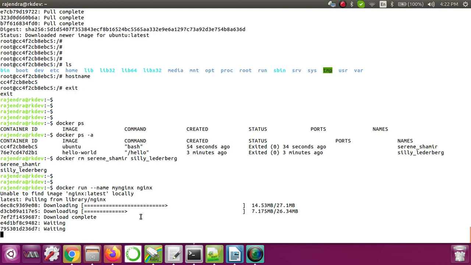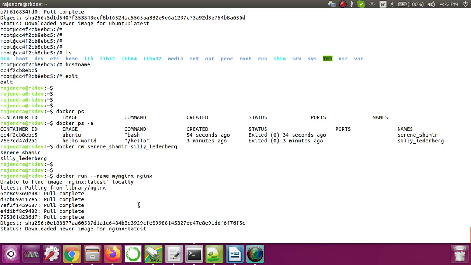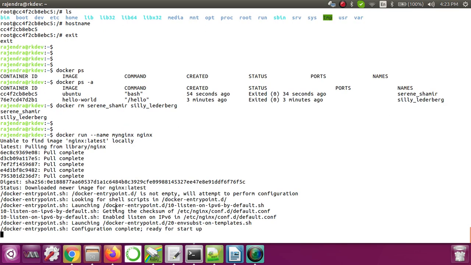This time the container has a proper name instead of some random string, right? Because this time we are giving the name. If we don't give any name, the Docker daemon will give a random name. Now let's wait, it's downloading. Once downloading is done, it will extract it. Once extraction is done, it will start the container. Okay, downloaded newer image for nginx latest. Now it is done.